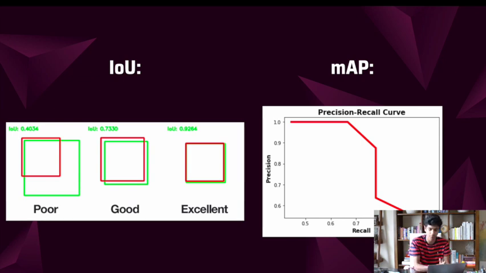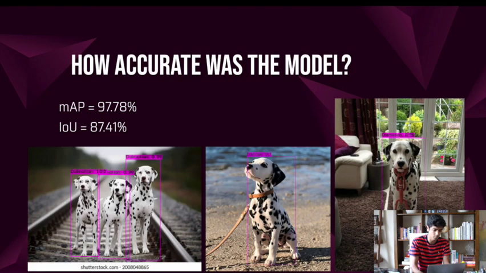It just measures precision versus recall, which are two different ways of measuring how accurate your model is. It calculates the area under the curve of this graph, and the larger that number, the more accurate your model is. So if we look back again, these pretty high numbers seem to allude that my model is actually very